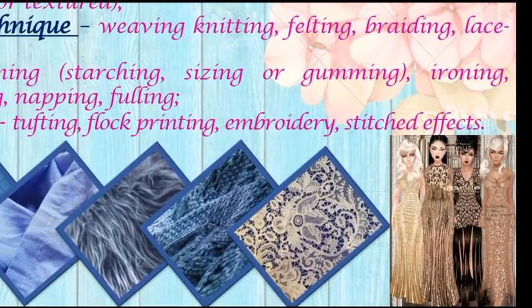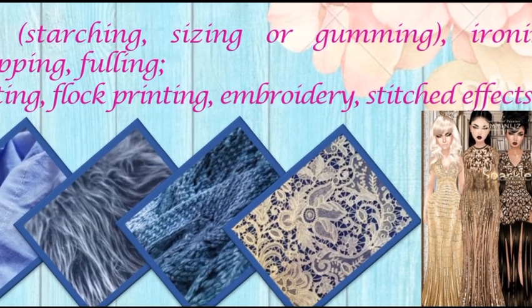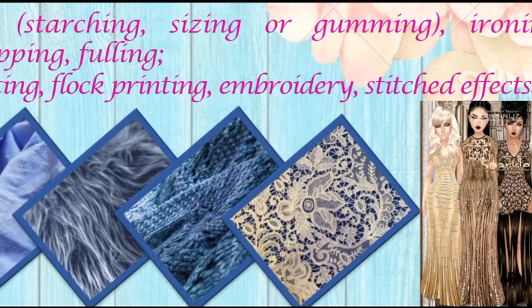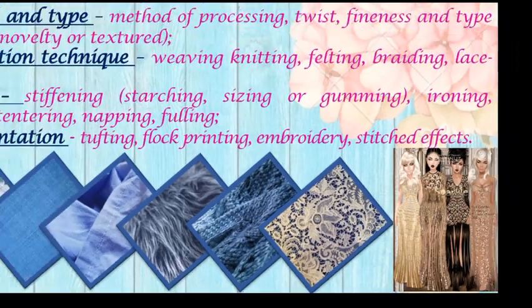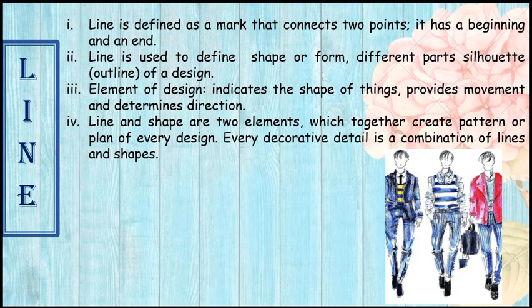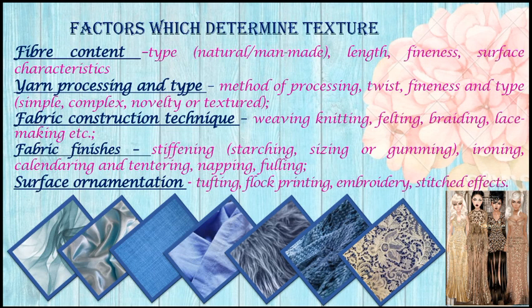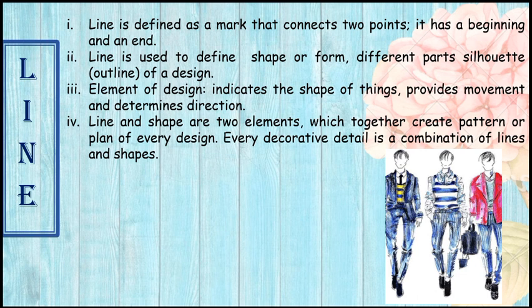ये जो हम surface के ऊपर करते हैं, if you have a look at this picture, इसमें all the adornments they are done over the cloth. The cloth was shining और इसके ऊपर हमने और थोड़ा सा sparkle और glitter लगाया, and look at the shine of the fabric. All the fabrics, they are clinging and they are very glossy. So it depends upon the effect that you have given on the fabric ornamentation.